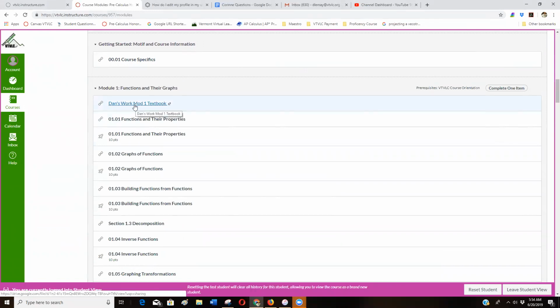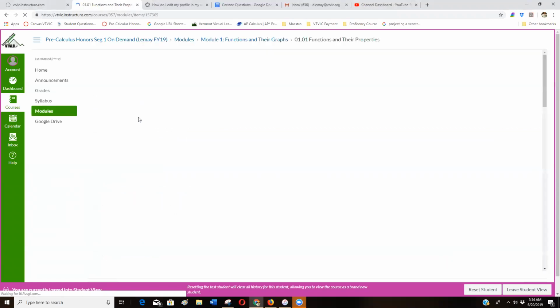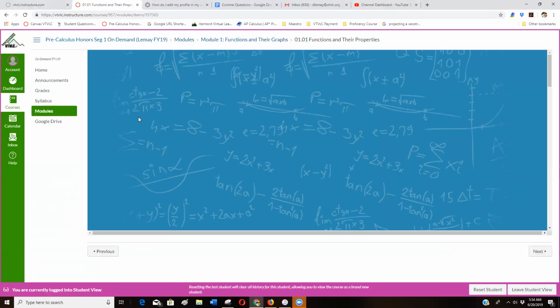I encourage you to do the work out of the textbook. Remember, hopefully you downloaded that from that link I sent you. I got a PDF of it, and then here's the lesson. So at the very first lesson, you're going to click on that, and it'll load. If it loads,